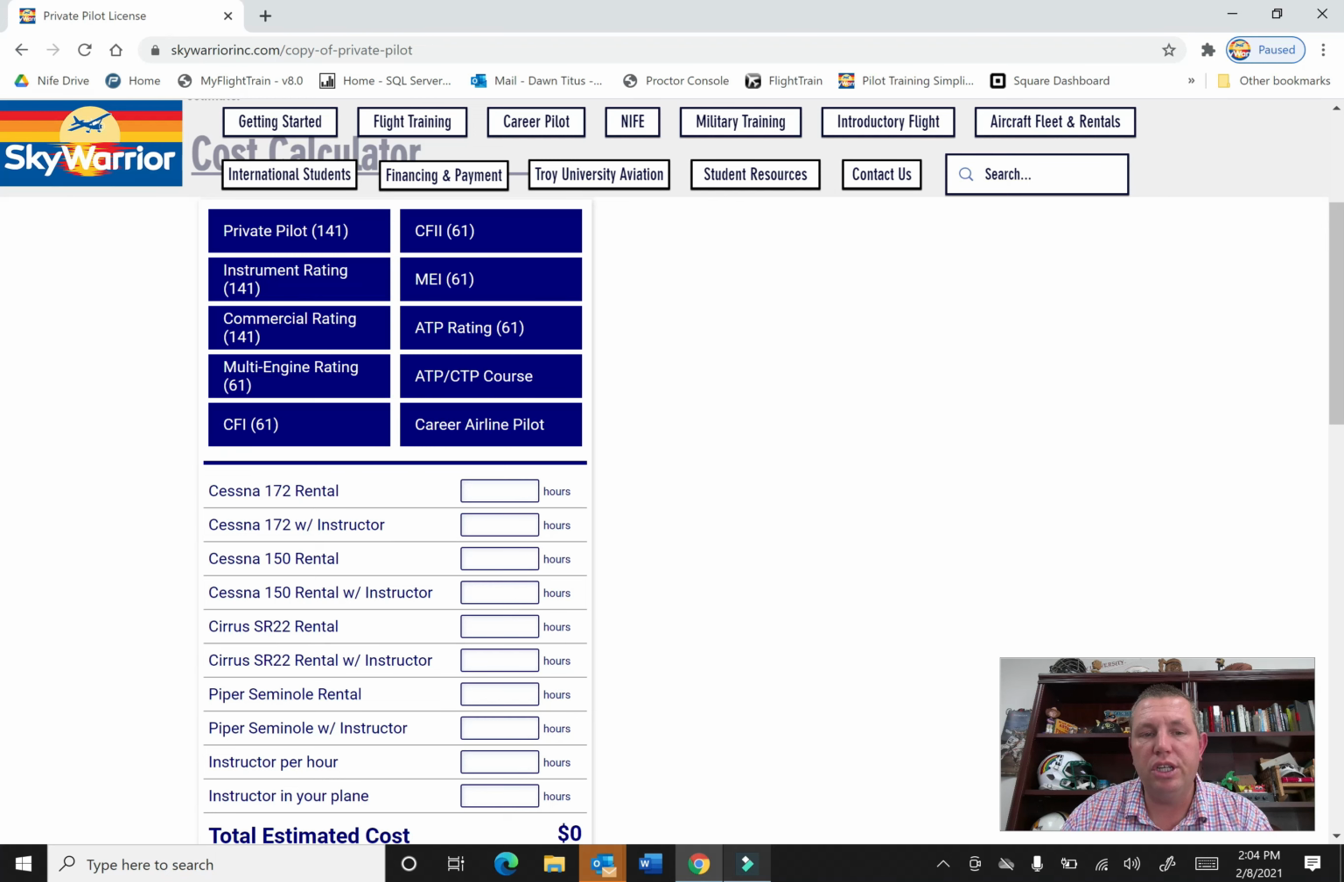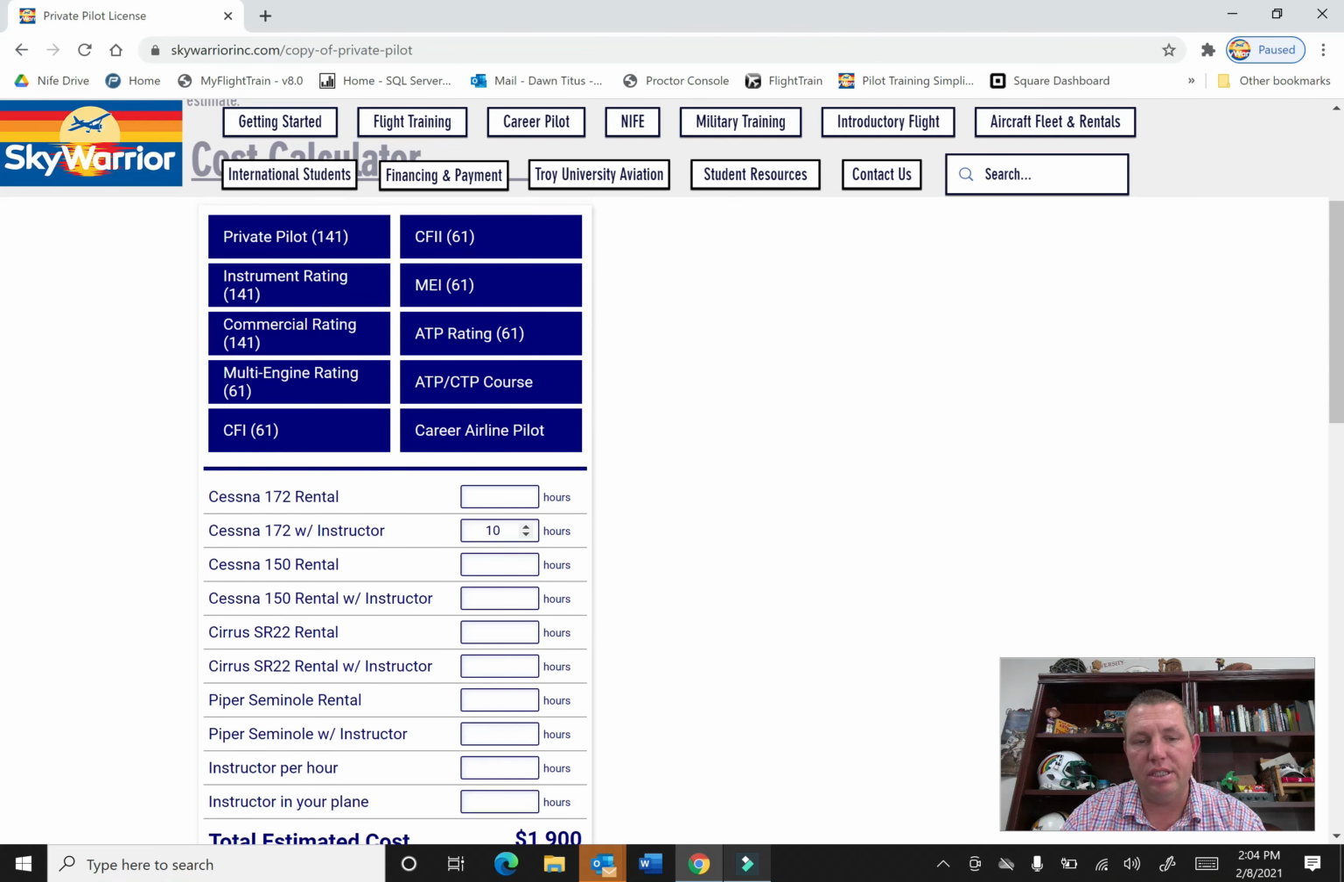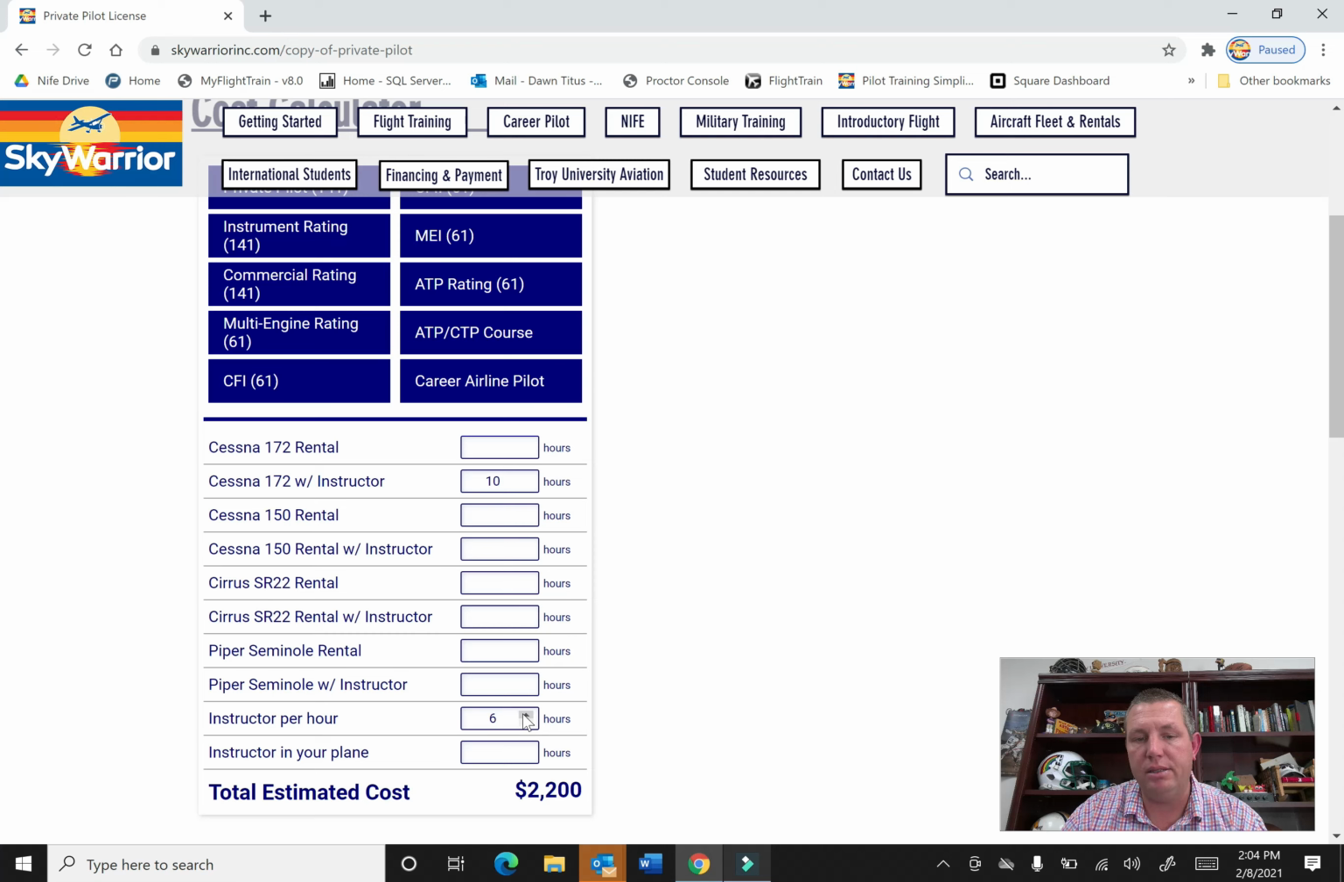So what you can do is you can come down here and Cessna 172 with instructor, so that's dual 172 time, 10 hours. And then you come down and you see instructor per hour. Let's say I'm going to need 10 hours with an instructor without a plane, just ground school, pre-post, 10 hours. And you have a total estimated cost of $2,400, and you can see that is the broken out